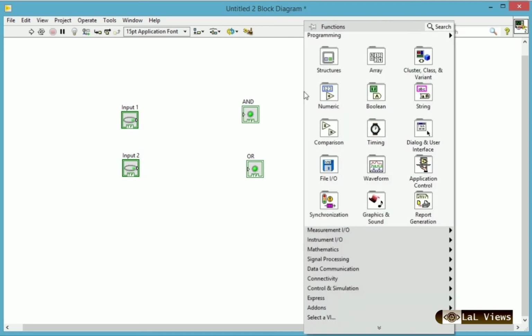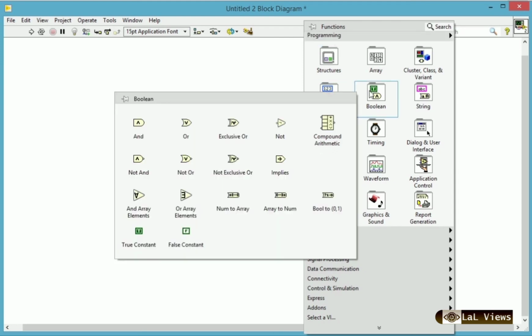Now right click on the block diagram and take the Boolean operators. So there are several Boolean operations: AND, OR, exclusive OR, NOT, NAND, NOR, etc. So there are a lot of Boolean operations.